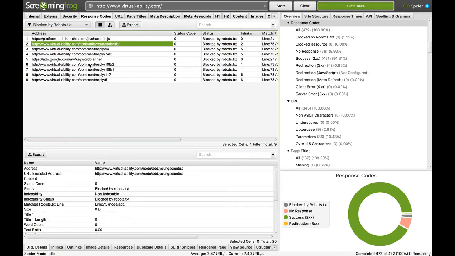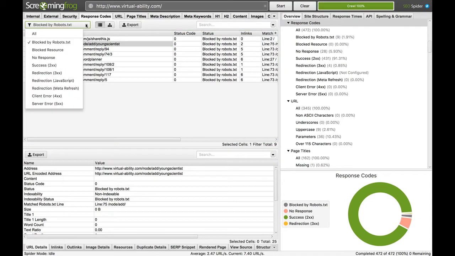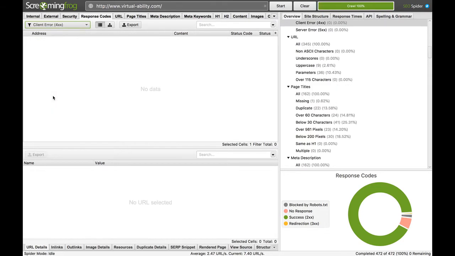Then it comes to 404. 404 is nothing but broken links in your website. Any content or pages which are pointing to broken links show the 404 response code.